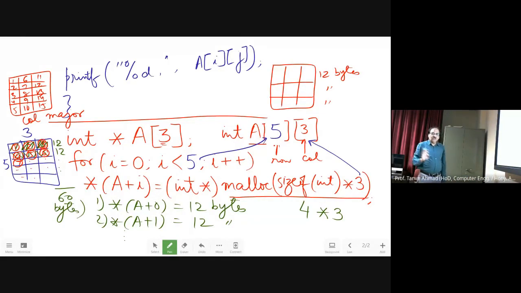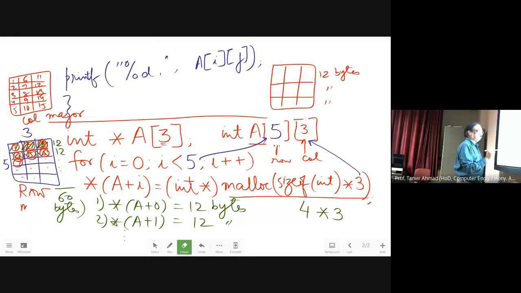But in almost all the books you have been following, they always follow the row major way. This is the row major. That means you first fill the row, and then you go to the second row, third one. You first fill the whole row. Now this is actually how you are going to allocate. Once you are allocating like this, you can very well allocate 12 bytes to each array, and then you fill the elements into that row.